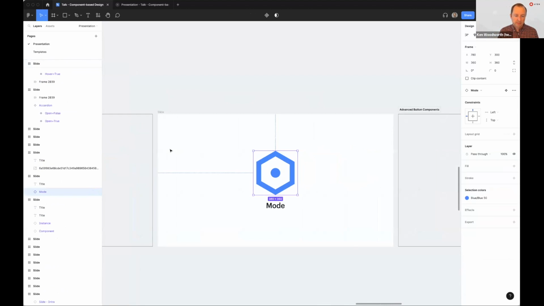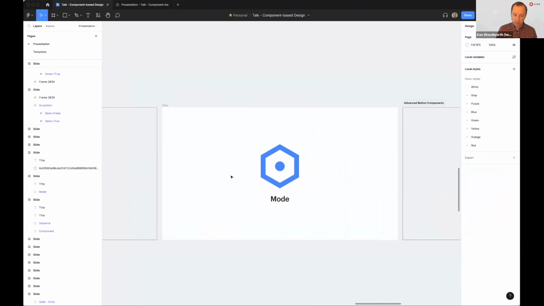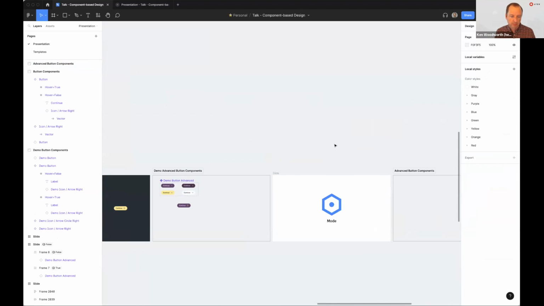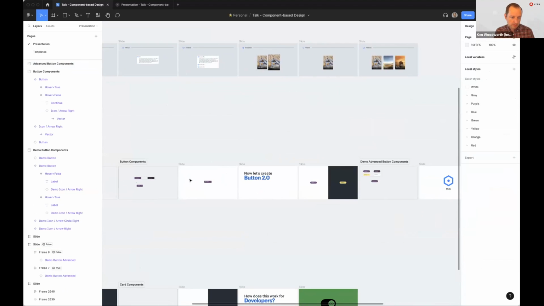All right, so like I mentioned, this mode feature is where the real power comes in. And I want to show you how to set that up. So we're going to build an advanced button component. So we're going to take our button from over here,